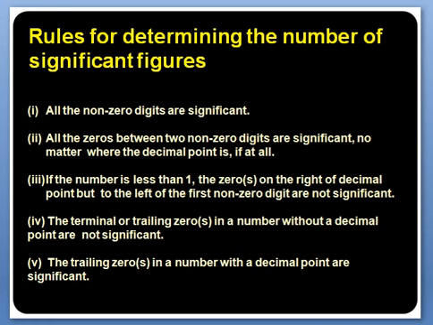So how many significant figures are there in 0.012? The answer is only 2. In 0.012 the significant figures are only 2,